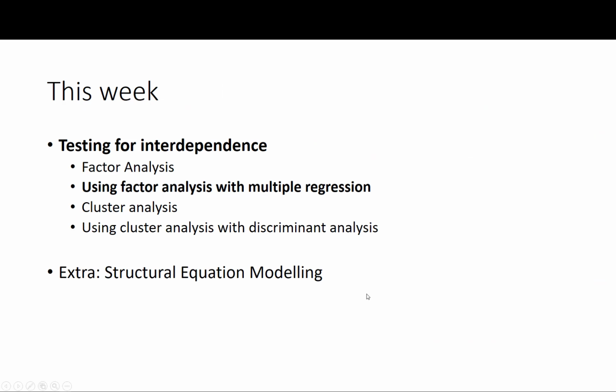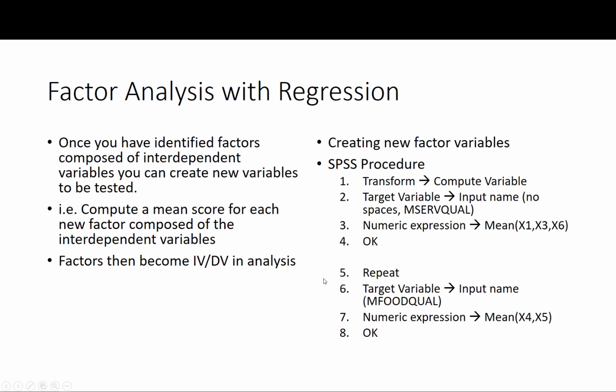So how do we then use factor analysis in these factors in further analysis? Well, we can use these factors in doing a multiple regression, where these factors become independent variables for testing their effects on some other dependent variable. So we then need to compute a mean score for each of these new factors, which will then become our new independent variable. We have done this in class before, but I'm just going to reiterate this process in a